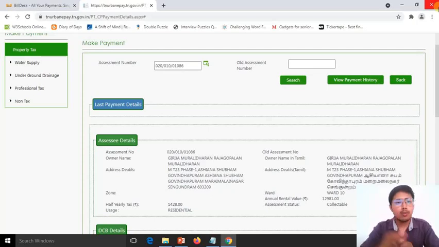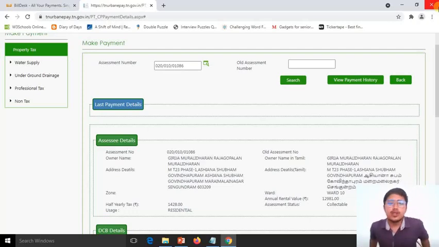So don't worry, your money will not get stuck anywhere. It will not go back to the municipality corporation. So after 24, not even 24 hours, within the next 6 hours, if you don't get the message, you can proceed forward with the new payment. Okay, so those are all the possible outcomes. If the amount has not gone from your bank, don't worry. Even if it has gone from your bank and you still don't get this receipt after 24 hours, then possibly you will get the amount credited back to your account.